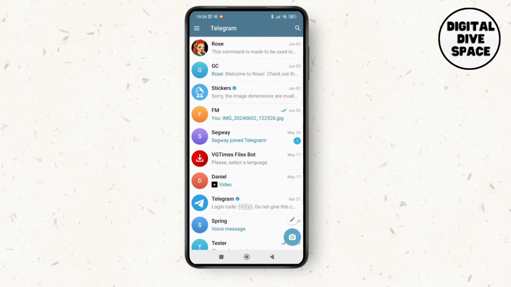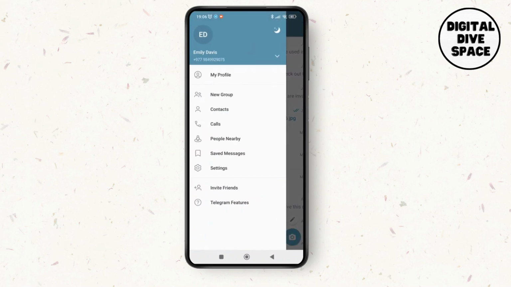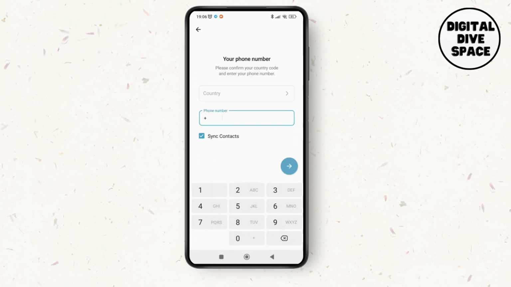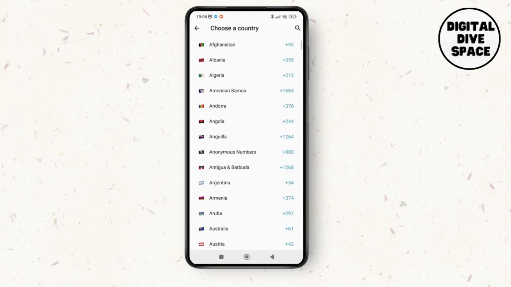Now to use multiple Telegram accounts, what you're going to do is tap on the hamburger icon at the top left corner of the screen. Then you can see the arrow down button beside your profile. Tap on that. Here you can see the option of add account. So just tap on it and you just have to select your country over here